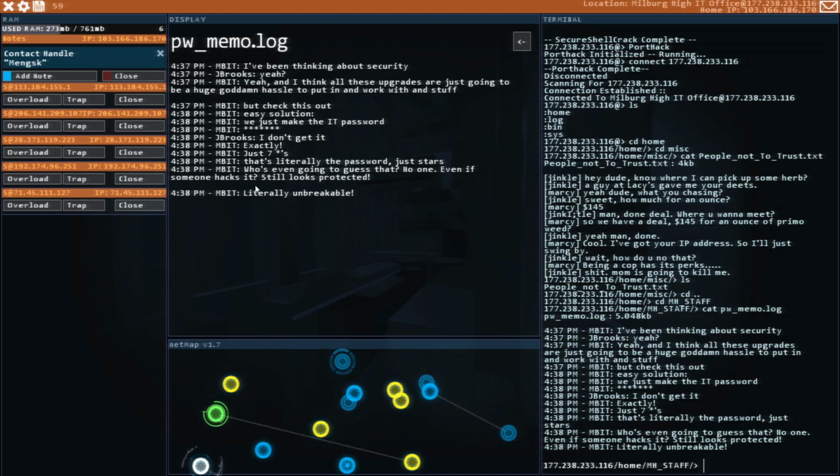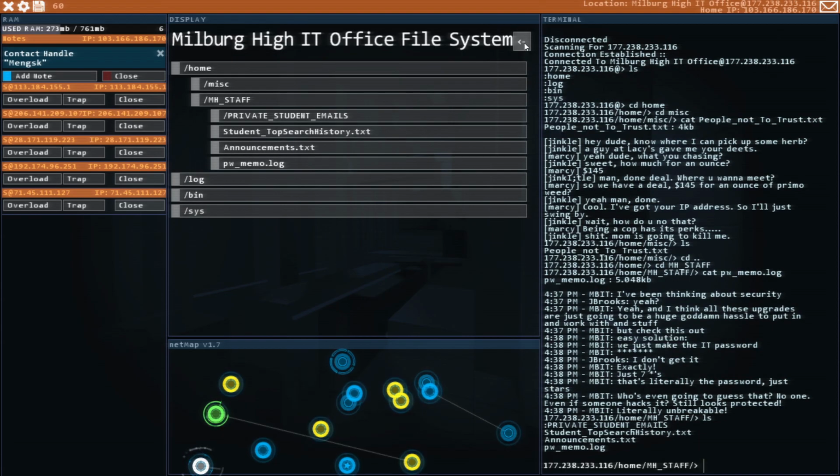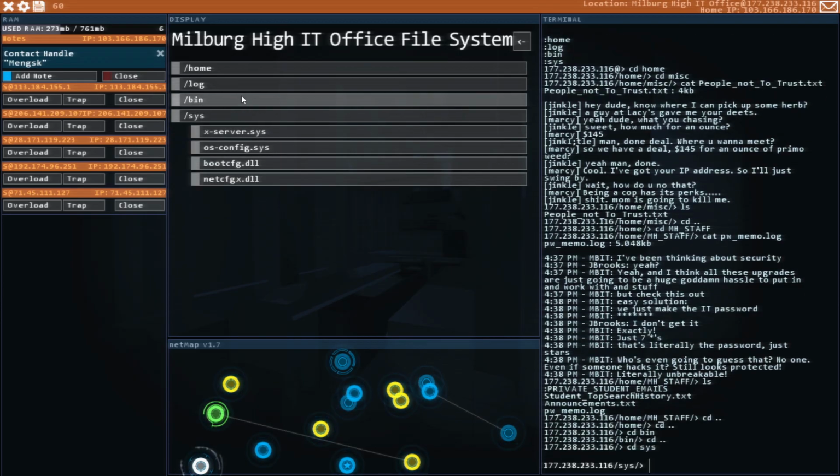Password memo log. Seven stars. Fucking hell. That's quite funny actually. That'll do then. I mean, to be fair,